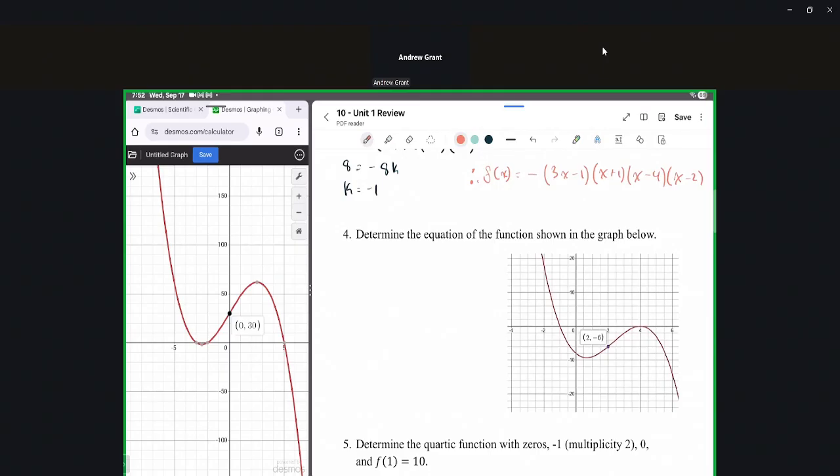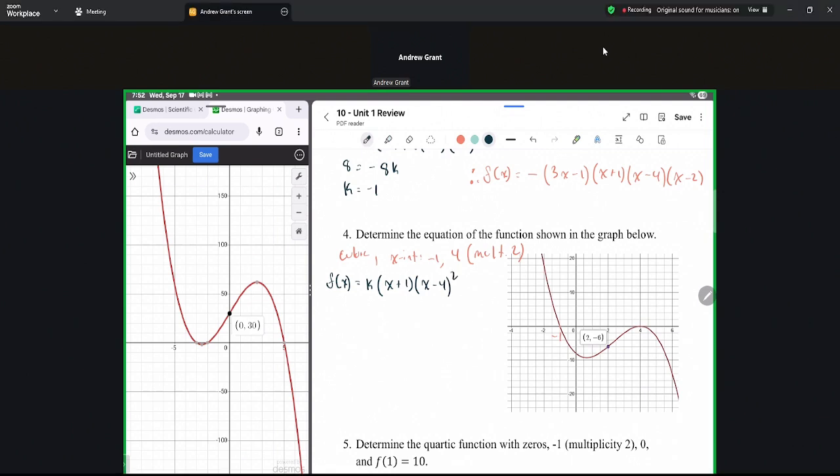Determine the equation of the function shown below. So here we can see that this is a cubic. We have x-intercepts of, looks like here, negative 1, comma 4, but that 4 happens to have a bounce on it, so it's going to be multiplicity 2. And so an equation of this will be f of x is equal to k times, so the x-intercepts are (x plus 1) multiplied by (x minus 4), but it's multiplicity 2, or order 2, it's going to be the